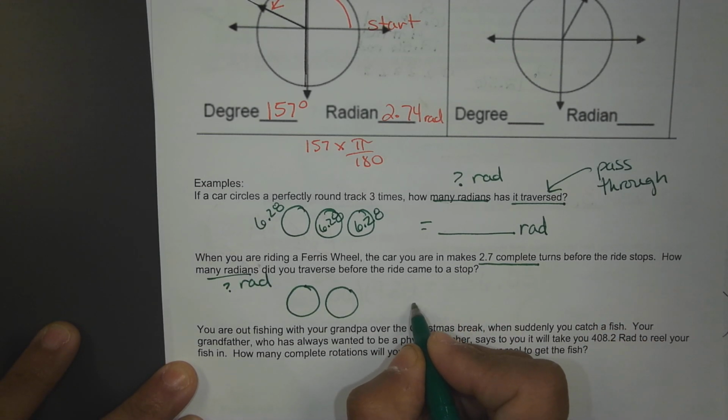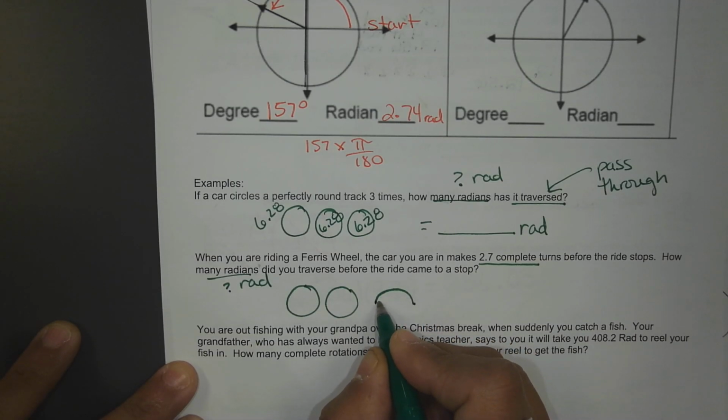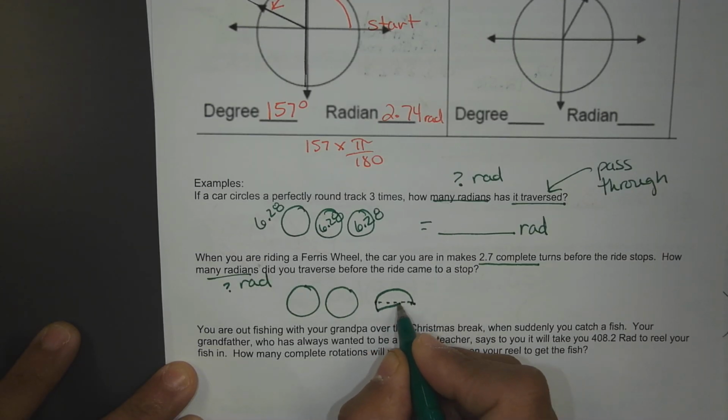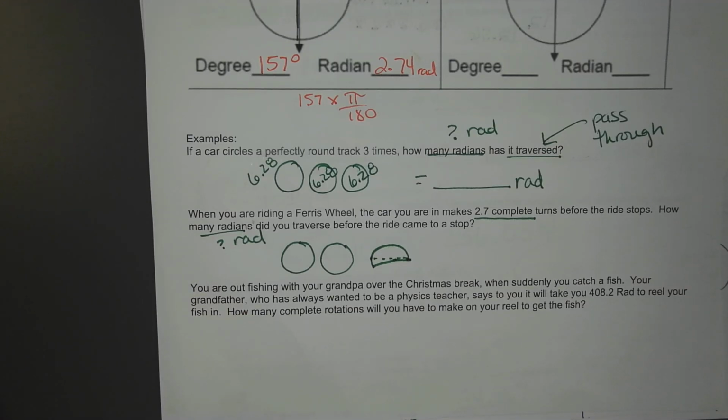If this is 0 and a half of rotation is 0.5, you went a little bit further, and that's how far you went. And then you stop. Well, if one circle is 6.28 and two circles is 12.5 something, then